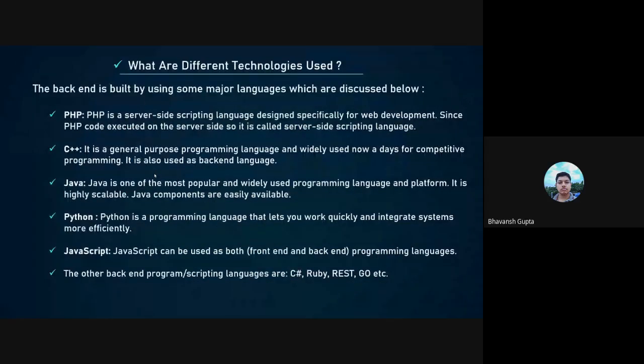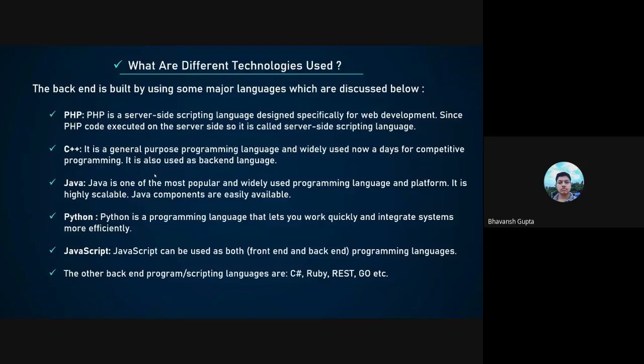So what are the different technologies used today in backend development? PHP was the basic language which was used when it all started. It was one of the most widely used languages in server-side scripting. C++ is another such language, though it is not used as widely today. It can also be used for backend development. Java is one of the most popular languages and is still widely used today for backend development. It is easily available and it has a huge community.